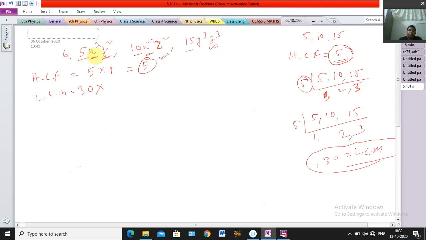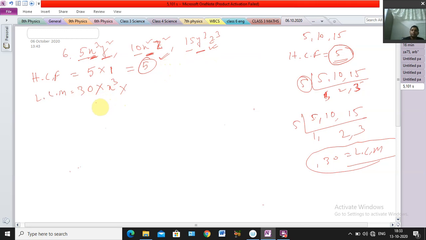Clear? After that, the literal coefficient is there, so from the literal coefficient we have to take the LCM. At first the common portion we have to take, after that the extra portion, whatever is there, we will take it. So see here, first given x cube, second part x square, but the third part has no x. But for LCM we can take it. The highest power we will take: x cube.